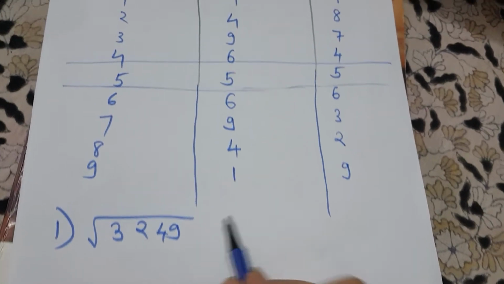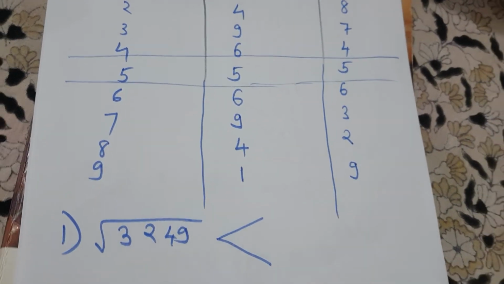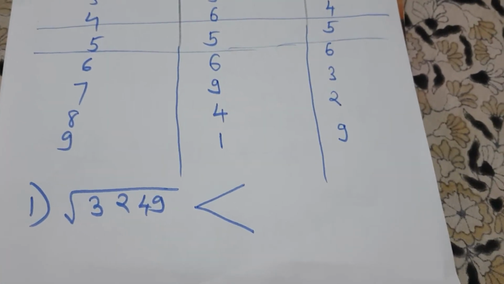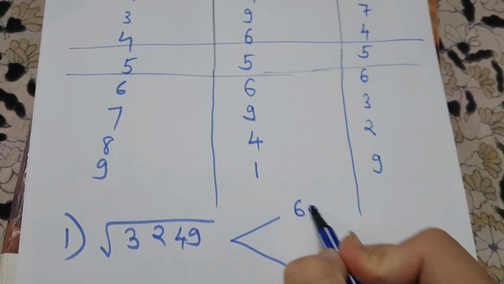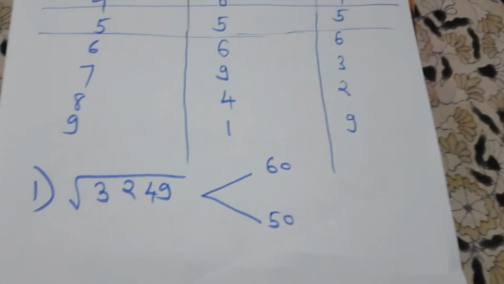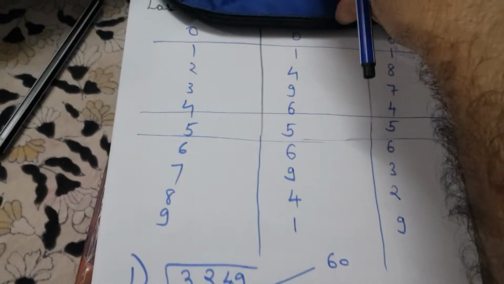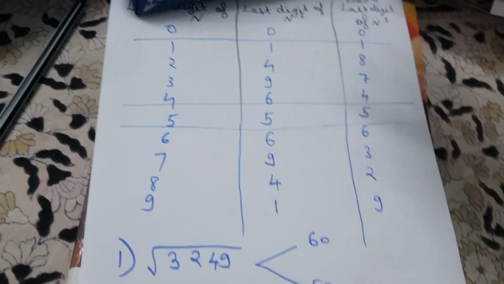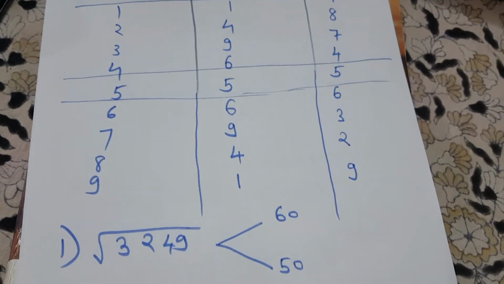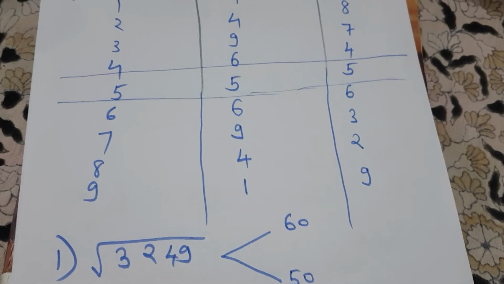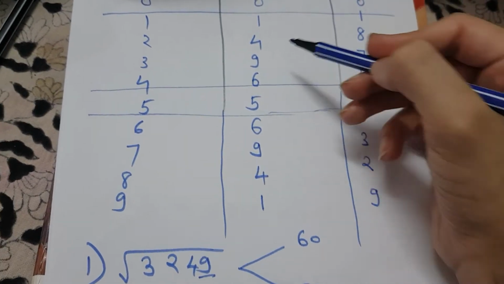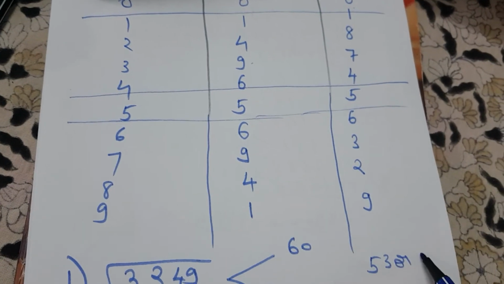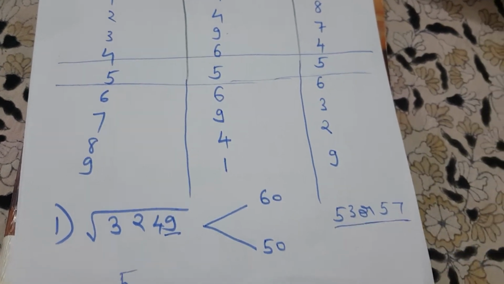We can easily get it, it will lie between which numbers? We know 50 square is nothing but 2500 and 60 square is 3600. So we all know that the range will be between 50 and 60. But since in square root we have a number repetition concept, right? You can clearly see in square root there is a repetition, right? So how will you find it? You can easily find the number by using 55 square. Now here the last digit is 9, so you can clearly understand it will be either 53 or 57. It will be the square root of 53 or 57.